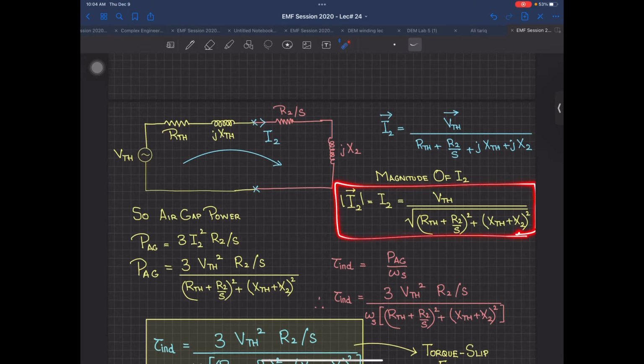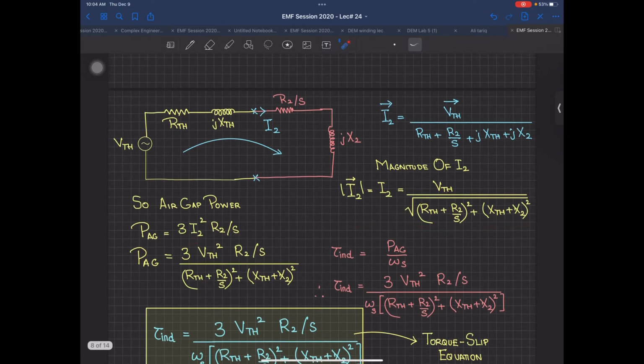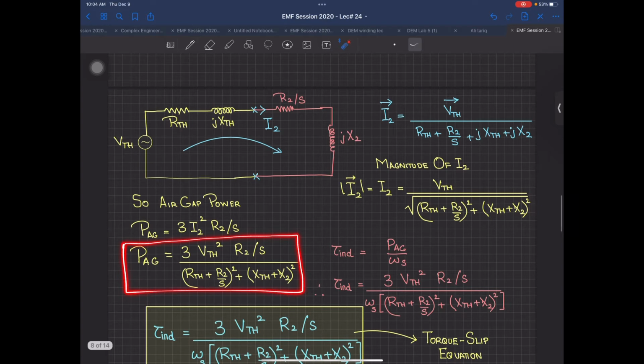Now very simply, next thing, air gap power is equal to 3I2 square R2 by S. S will be given to you. One thing very important, again I am repeating this again and again, S, if it is given as 0.02, then you have to use it as 0.02. But if it is written as percentage S as 2%, then you have to first convert it. It is not that you write 2 in place of S and the whole question becomes wrong. Don't make this mistake, because normally students make this mistake a lot. So you just put in the value of I2 here, you will square it. This is your final expression for your air gap power.